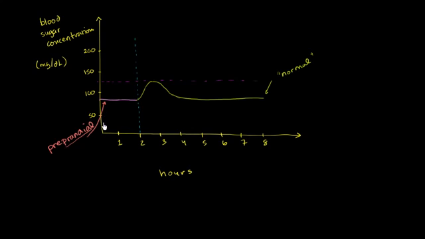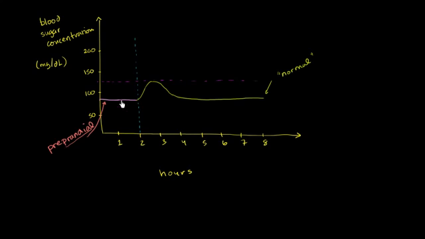Now, if someone has diabetes, either type 1, where they don't have enough insulin to process the glucose, or they have enough insulin but their body is desensitized to it, so the insulin isn't being processed properly and they can't process the glucose, we've seen that the glucose concentrations will go up. And so in